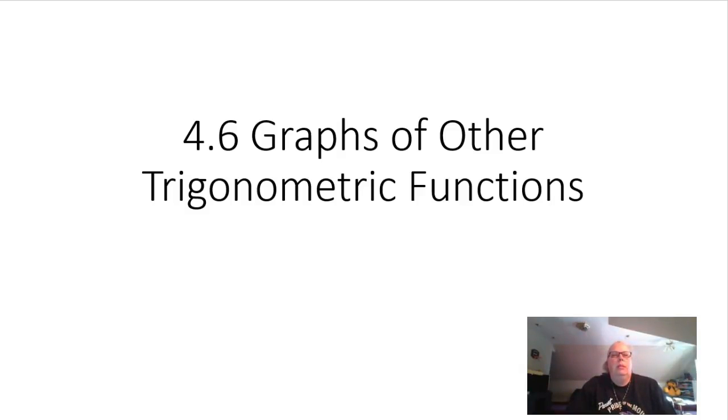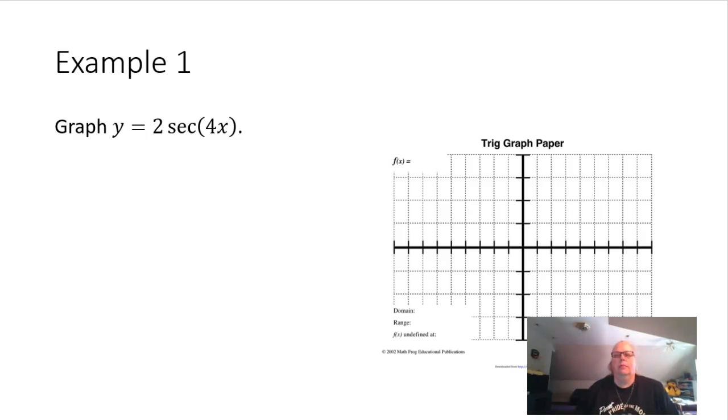The examples in this go with lesson 4.6, graphs of other trigonometric functions. Example 1, graph y is equal to 2 times the secant of 4x. Okay, so the secant is really the reciprocal function for the cosine, and I'm just going to keep that in